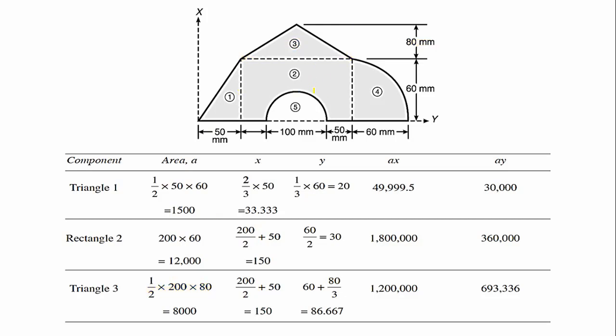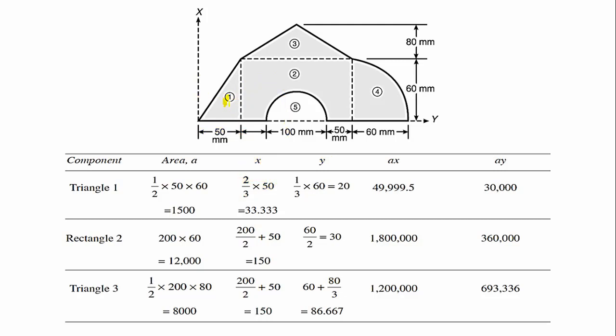Next we will try to calculate the centroid, that is x bar and y of those figures. First we will calculate for this triangle. If you see the centroid of this triangle, it will come somewhere here and we know the formula. If you are calculating from the pointed end, it is 2/3 of h. If you are calculating from the base, this is 1/3 of h. As always we are calculating with respect to the reference axis. So this distance is required. Therefore 2/3 of the width we have, 2/3 of 50. This is the x value.